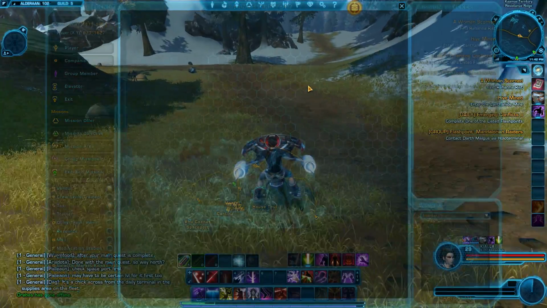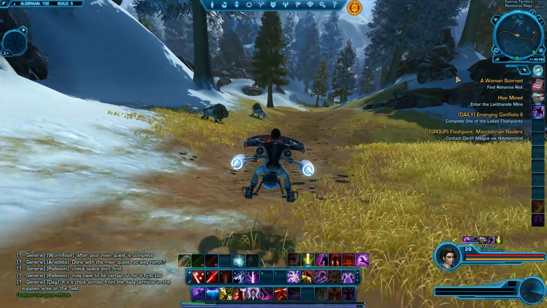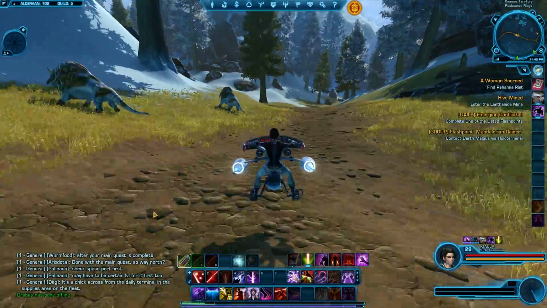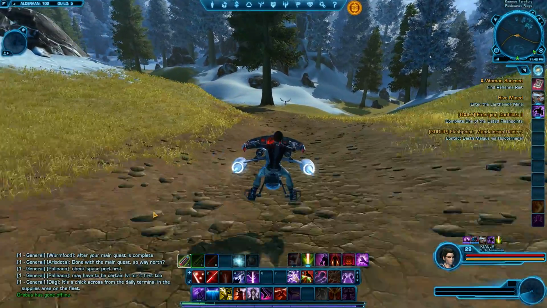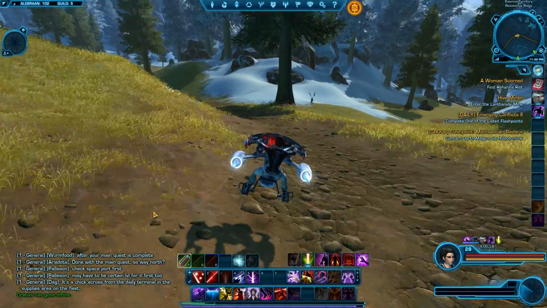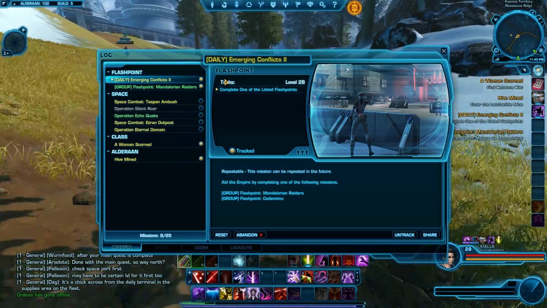Let me do this the easy way. I didn't realize I had done all the quests in this area. Let me go to an area and I can start showing you some of the basics of how questing and the various instances work. Now, whenever you get a quest, hitting the L key will bring up your quest log,